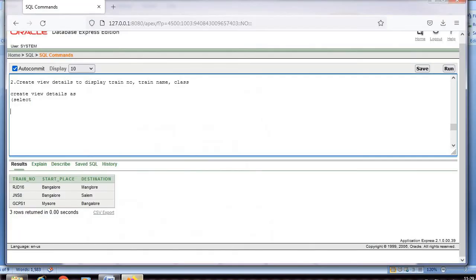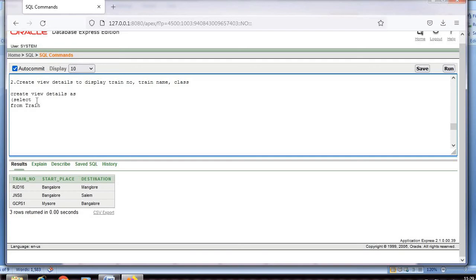So to get these attributes I have to combine two tables. My view, the name of the view is details, will be getting this view by combining two tables. So we have to make use of two tables. I'll write and explain you.